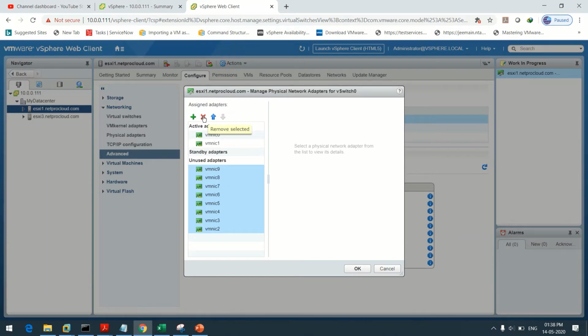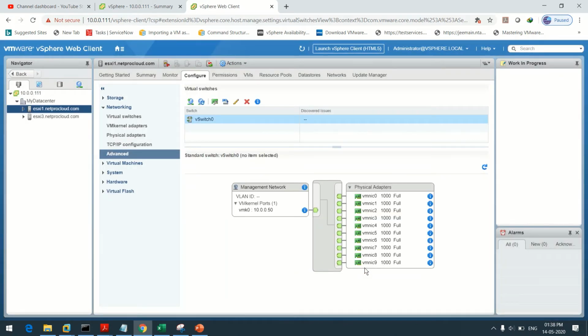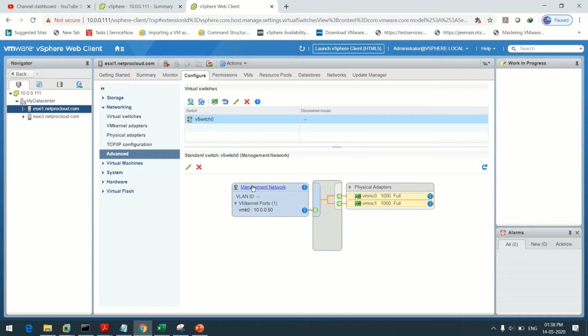What is this? Cross means remove selected. Okay. So on my vSwitch 0, I have the management network, means your VMkernel port VMK0, and it is communicating using VMNIC 0 and VMNIC 1. So quite fine over here.